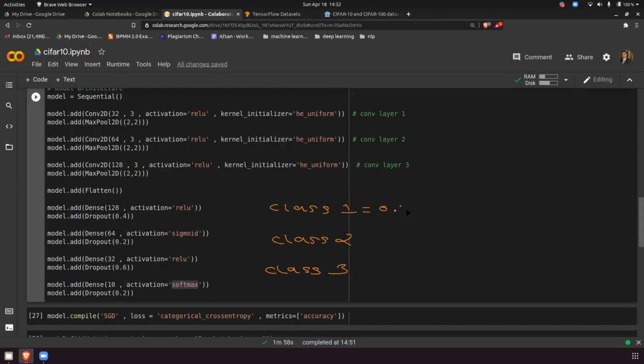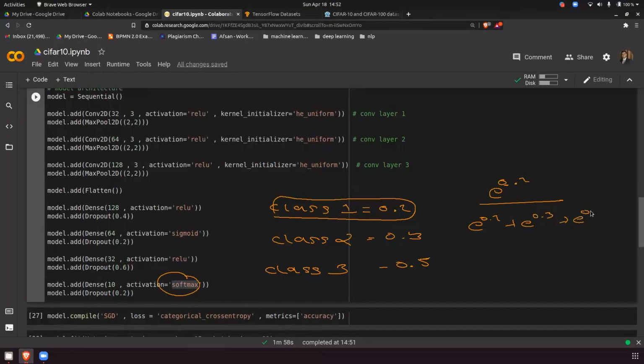So this will be 0.2, this will be 0.3, and this will be 0.5. To calculate the loss, we do something called softmax. This is the formula of softmax. Suppose I am finding the percentage of class 1: e raised to 0.2 divided by e raised to 0.2 plus e raised to 0.3 plus e raised to 0.5.